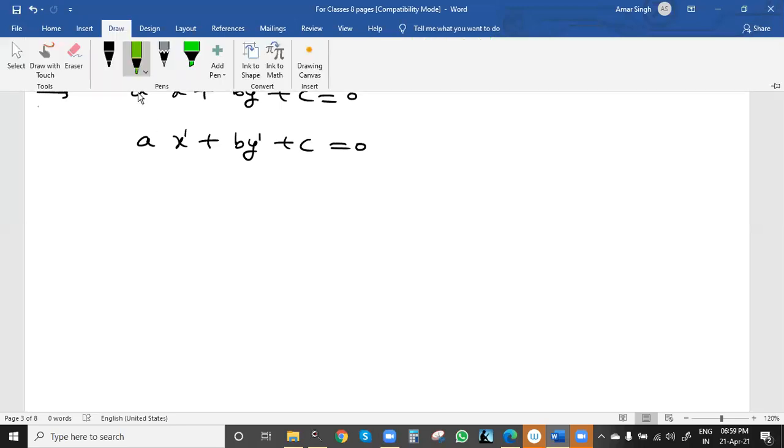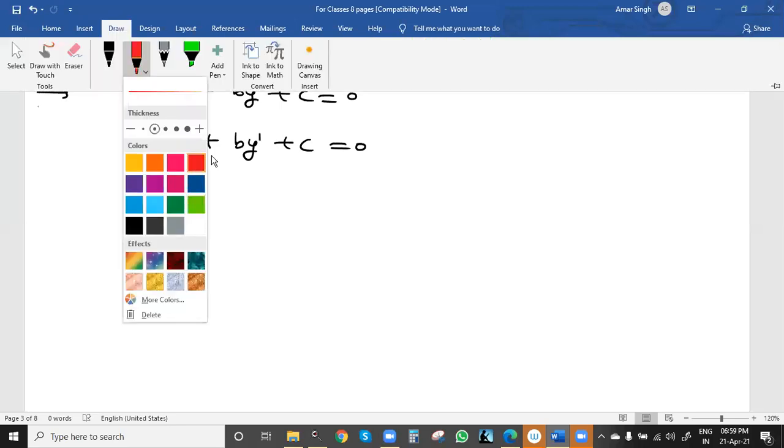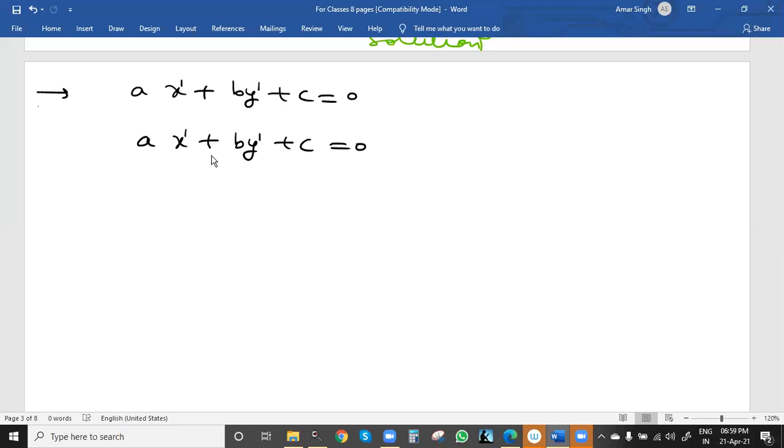This is the one thing. The second thing is that a, b, c are constant values. So for one equation, it will be a1, b1, c1. For the second equation, a2, b2, c2. These are the two equations. That's why pair of linear equations in two variables. Pair means two. So we can take this as 1, this as 2. Now for solving these equations, solving to find the values of x and y.